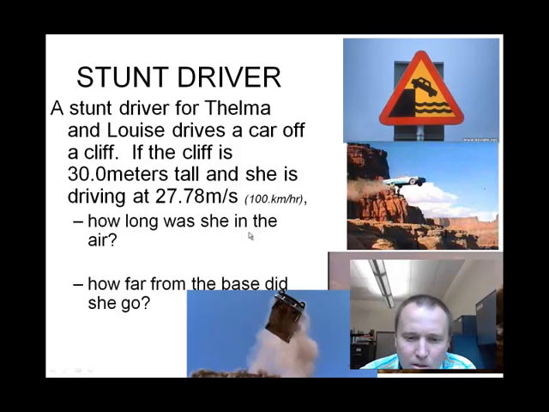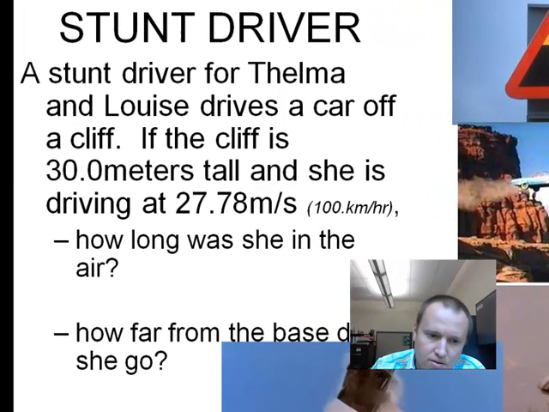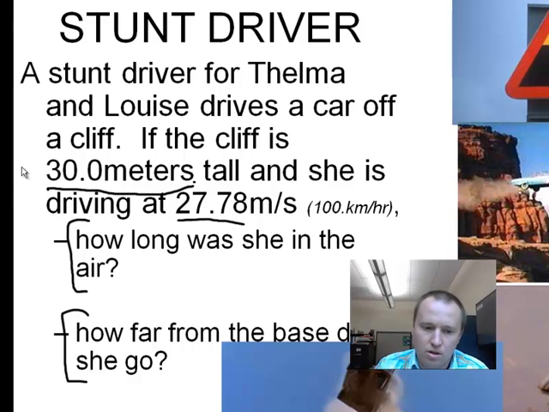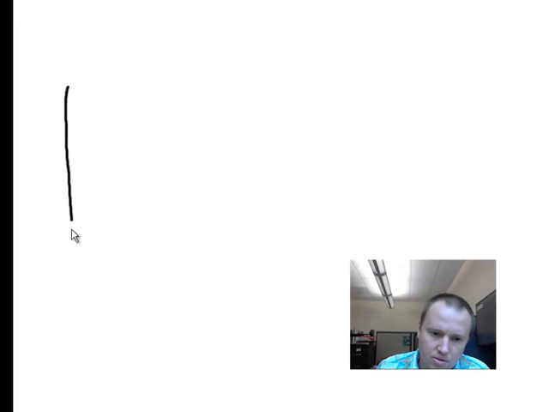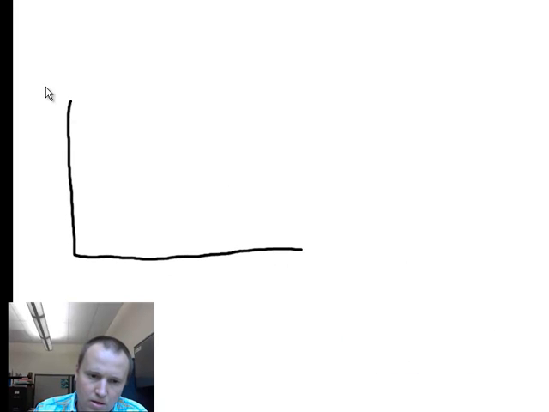But we're gonna do a problem that deals with a horizontal projectile. What you see in front of you is a clip from Thelma and Louise. The stunt driver for Thelma and Louise drives a car off a cliff. The cliff is 30 meters high, and she's driving at this speed, 27.78. How long was she in the air? And then we'll also answer how far from the base did she go. So the cliff is 30 meters tall, and it comes off this way. It has an unknown x direction,